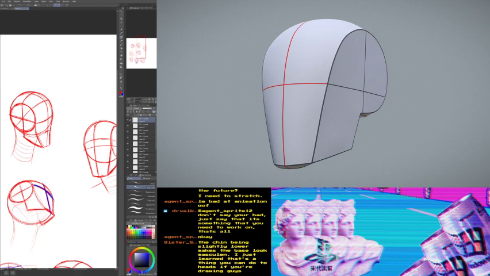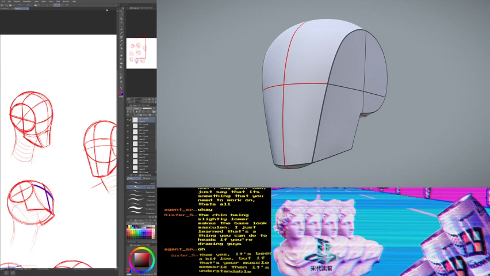Yeah. No, I mean, you're gonna inevitably see me make a lot of mistakes doing these. I'm doing these for an art workout as much as the